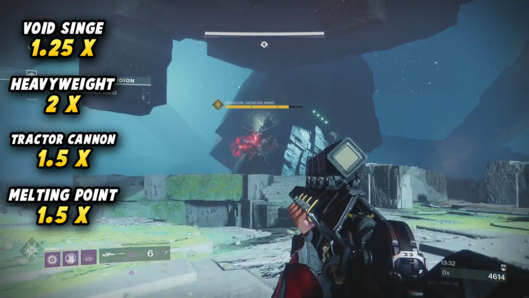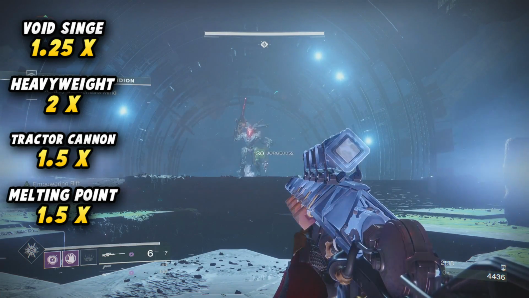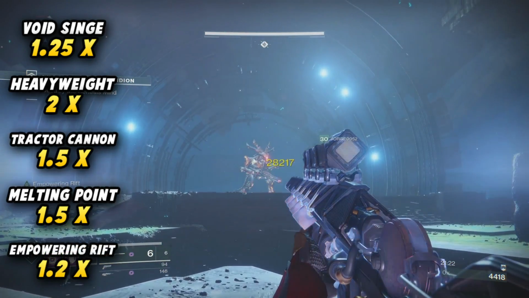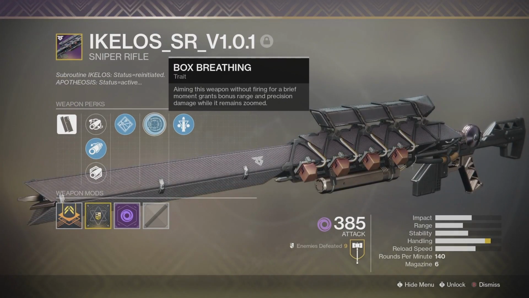Now we'll add Empowering Rift to the mix. Empowering Rift is usually a 30% buff, but in Prestige Nightfalls, it's only a 20% buff, or 1.2 times. So that means we'll get 28,217 damage. And finally, the last buff we could add is Box Breathing, which is actually a perk on the